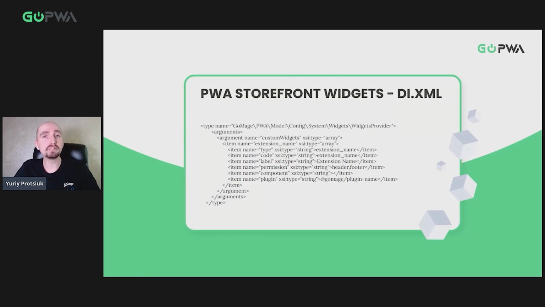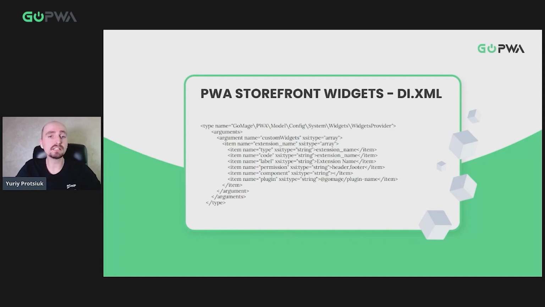Now, permissions, this can be tricky and also very useful. This is actually what layouts can be used for your extension, also known as a widget, where you can add it. For example, let's say we want to add a search widget. It makes perfect sense for you to restrict the widget to only a header, maybe somewhere else, maybe a footer. It all depends on what the business needs and what your assignment is. Of course, you won't be adding a search under a product page's description, so you can use permissions to restrict where exactly this particular extension or widget can be added to your layout within your theme.